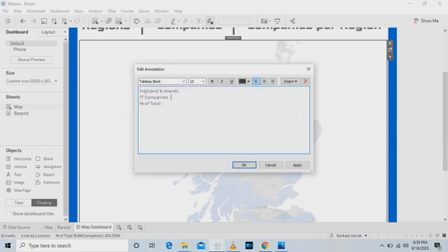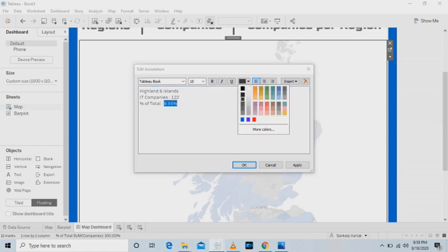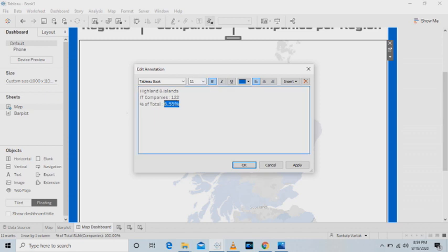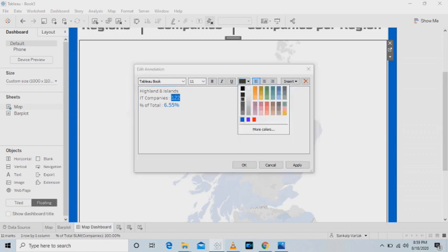Okay, the IT company's number was 122 and percentage of total was 6.55%. So we'll write it in the edit annotation. Give color 0065BF and adjust the fonts and make it bold.